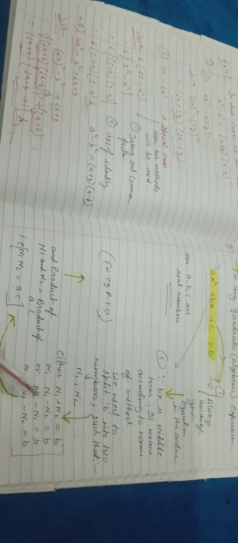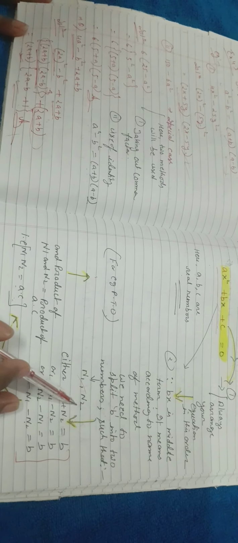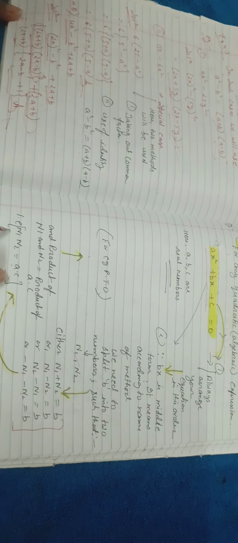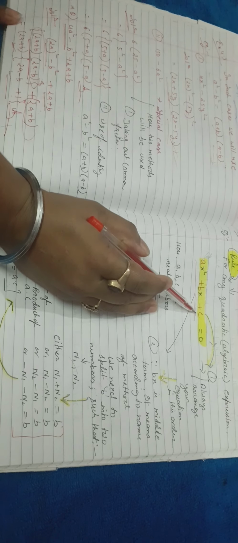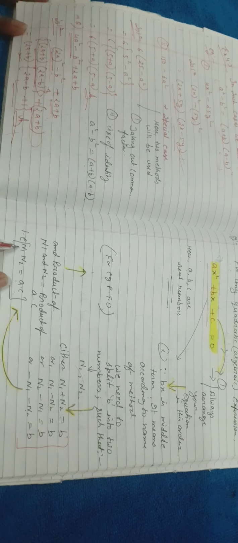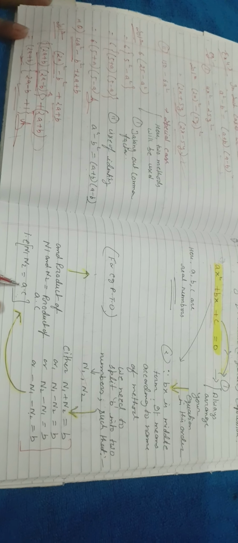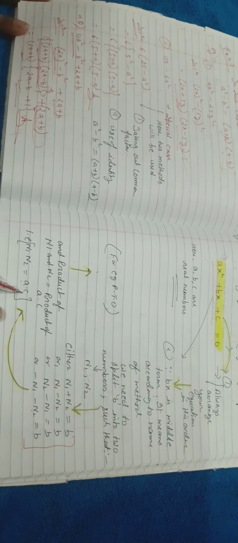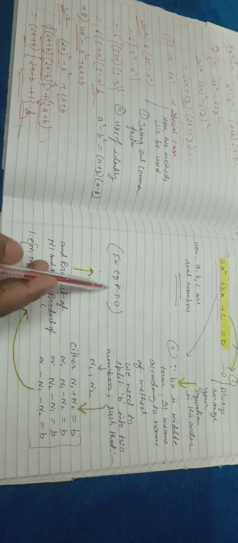Okay, and the second thing is that when you multiply these two numbers which you have split from b, that must be equal to the product of the coefficient of x square and the constant term. You got that? See here, I have shown that those two numbers whose sum or difference is equal to b, their product must be equal to the product of the coefficient of x square and the constant, that is n1 into n2 is equal to ac. For example, let's see what is given in the next pages.